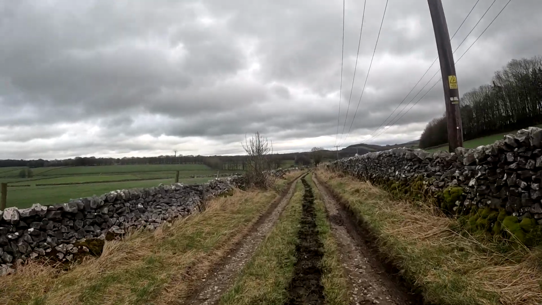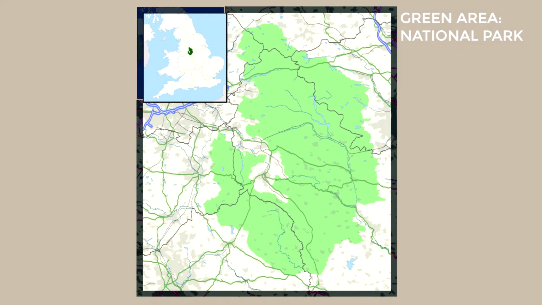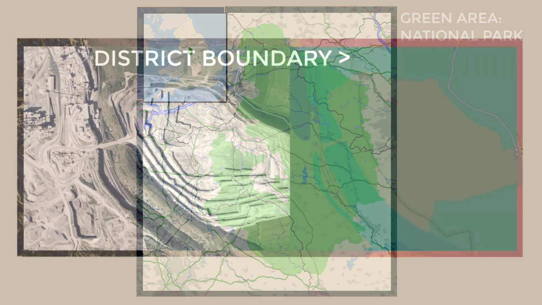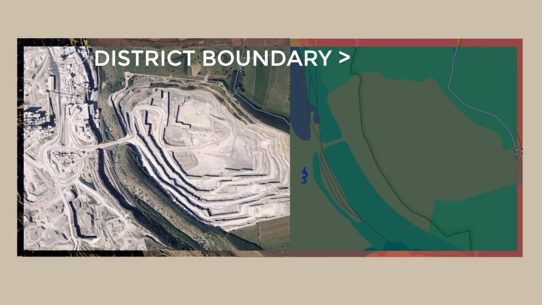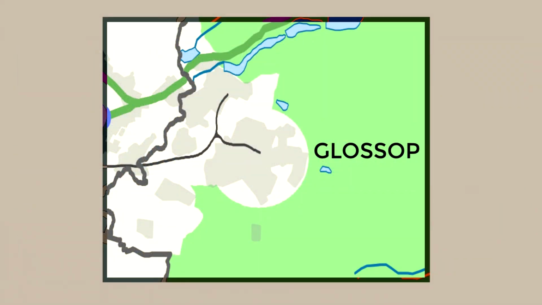And one final thing before the cleanup part of the video. There are some interesting sections I noticed in the national park boundary while I was making this video, such as Tunstead Quarry. Its main blasting section is actually across the border, onto the national park side. And Glossop is excluded from the park with a radius coming from the centre of the town, not using natural markers, roads or council boundaries, just like Buxton's carved out of.